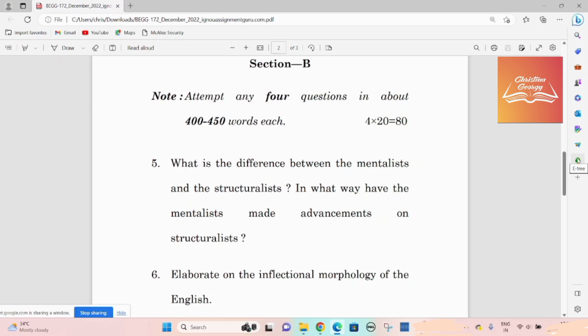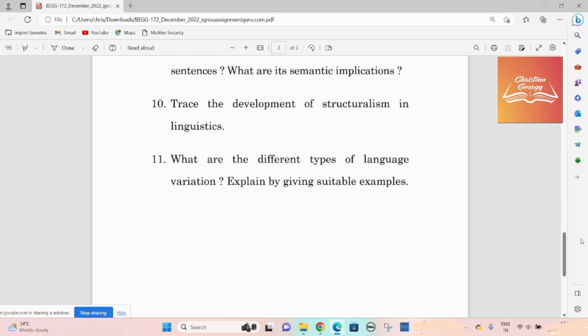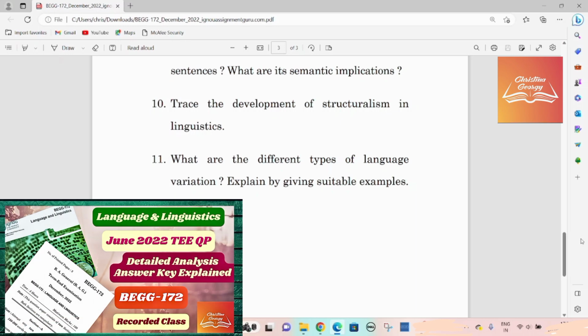Please do not write using bullet points. You are expected to write in paragraphs. Alright, and read the instructions given thoroughly. You have enough and more time. Make sure that you do not leave any questions unanswered unless those are left as choices. Okay, so these are the basic stuff that you need to keep in mind while attempting your examination.